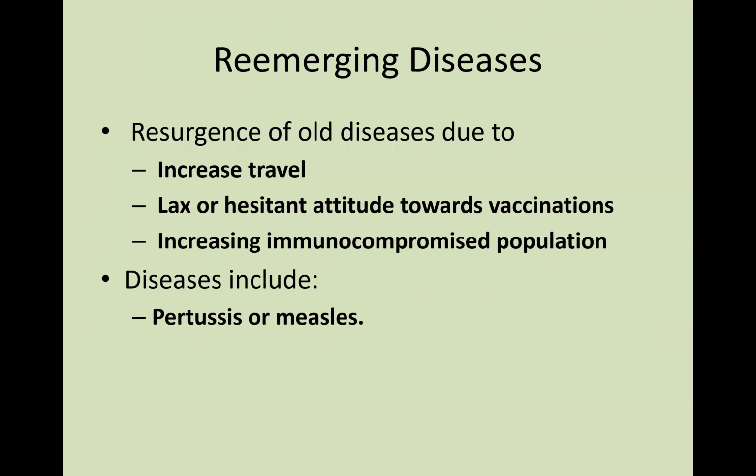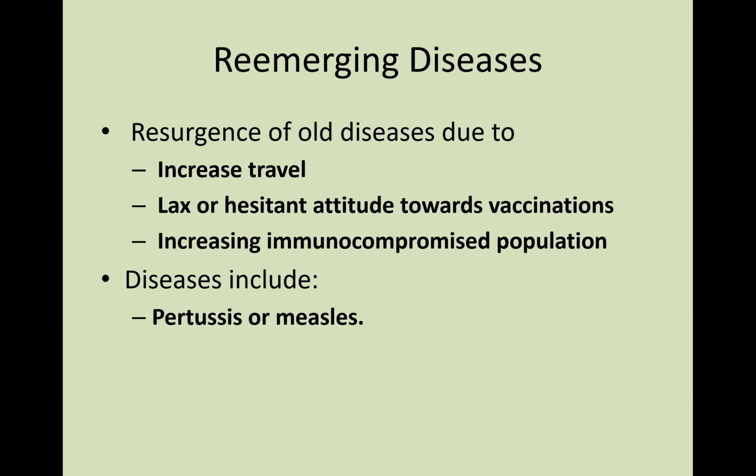And then we do have some re-emerging diseases. These are diseases that were kind of old diseases, but that are now starting to come back and get highlighted as well. A lot of the problem with re-emerging diseases is due to increased travel. So again, especially in the United States, we have kind of eradicated some of these diseases, and now they're coming back because now we can travel to areas that we couldn't before, and especially densely populated areas.